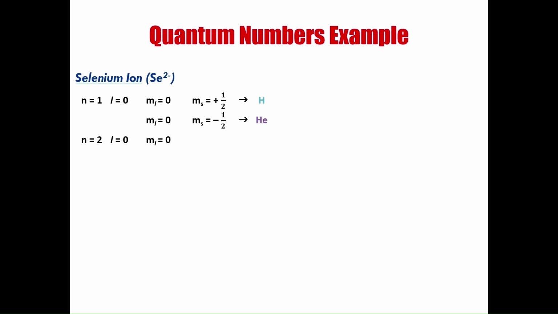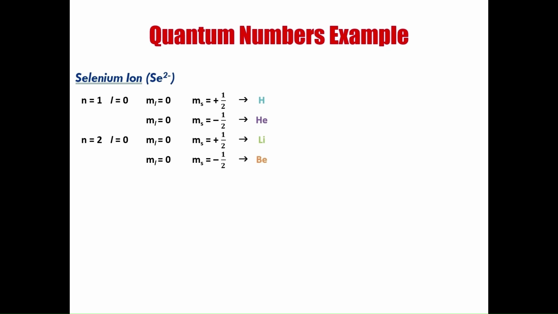Its ML will again be 0, and I'll place a positive 1/2 electron. Now I have the quantum numbers for lithium. The second electron will now be a negative half, and this is beryllium. Now I've filled the s orbital in the second energy level, and I'm now going to move on to the